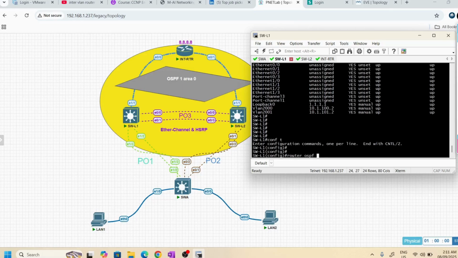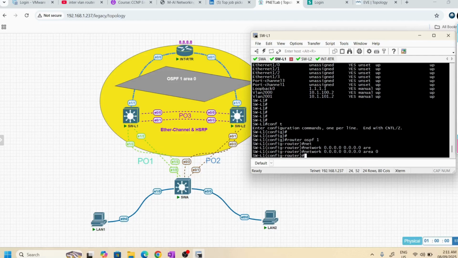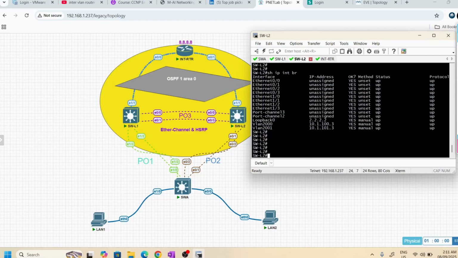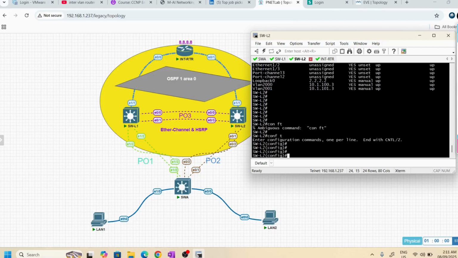Configure terminal. Router OSPF 1. Network, area 0. Done. Configure terminal. Router OSPF 1.